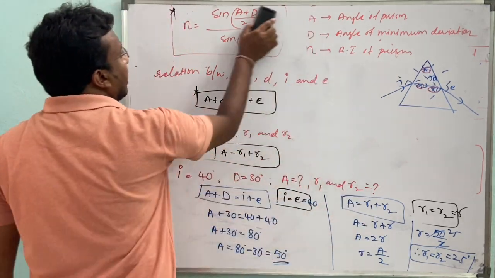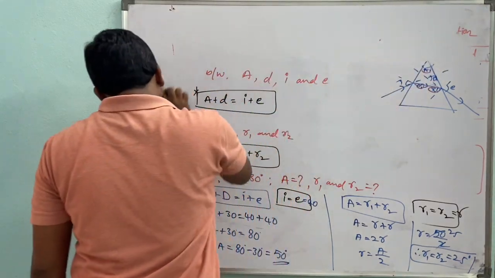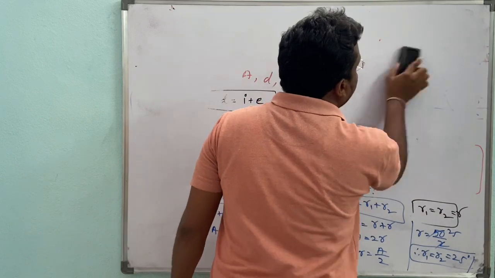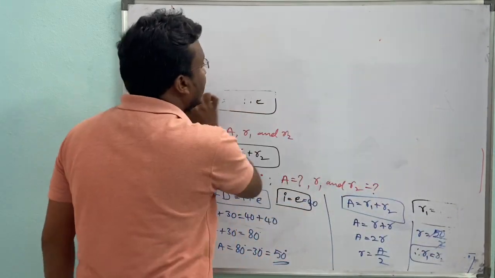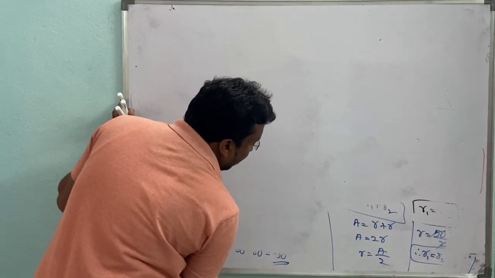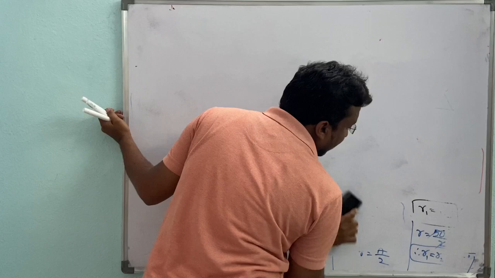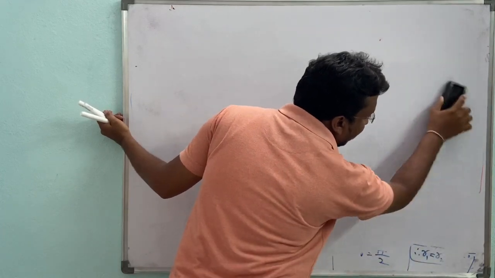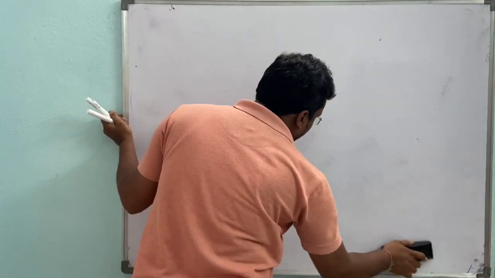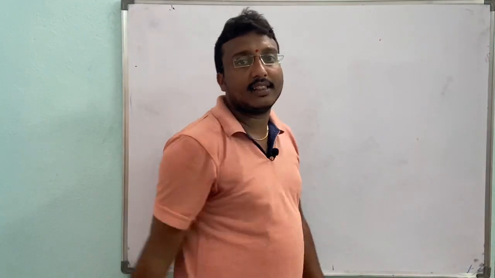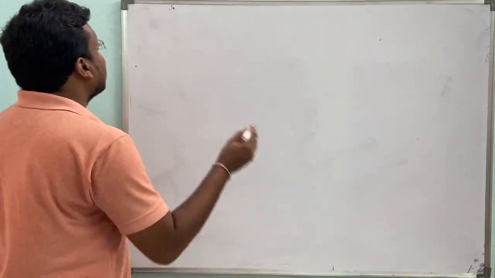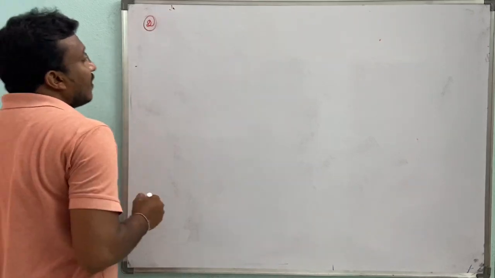Okay. Then in our last class we discussed the factors affecting the angle of minimum deviation. The first is the angle of incidence, right? And how is it affecting? If the incident angle increases, then the angle of deviation decreases until it reaches the minimum angle of deviation, and after that the angle of deviation increases. That is the first observation. What is the second factor?